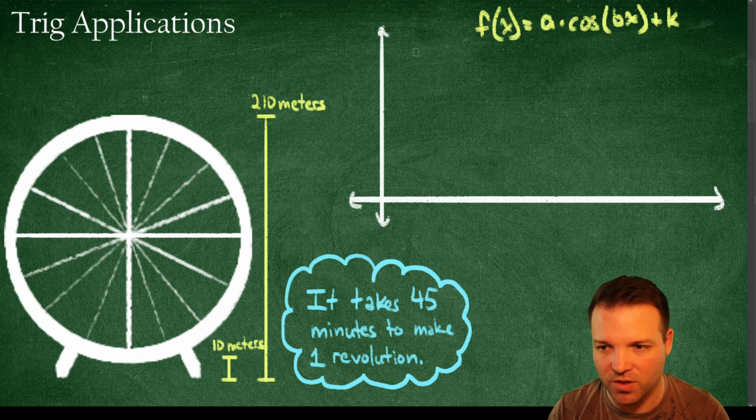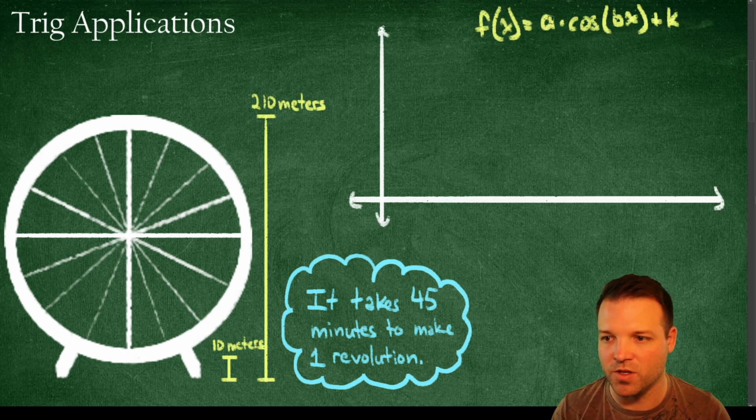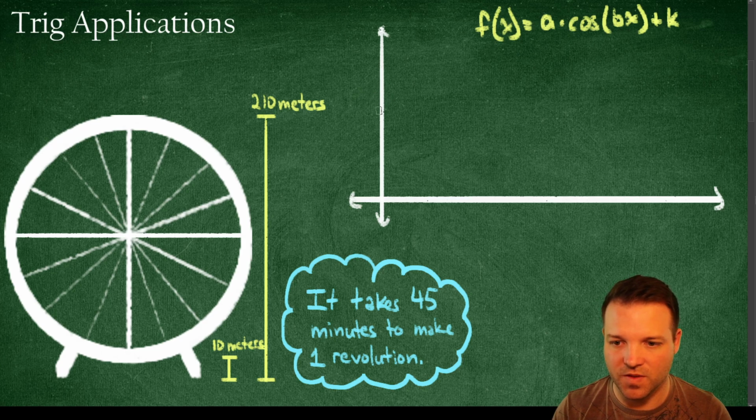And actually, let me put a little bit more room because I'm going to put my real function below this. So I'm going to put 210 right here. All right. And what else am I going to do? I'm going to put 10 right here. I know this is not going to be exactly to scale. Which means that what is going to be halfway in between these, because technically that is my circle right